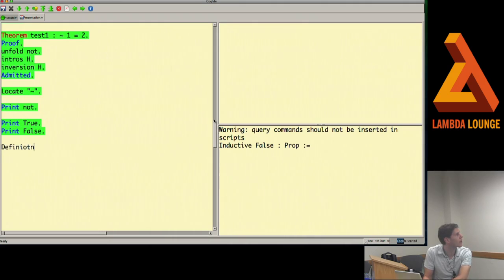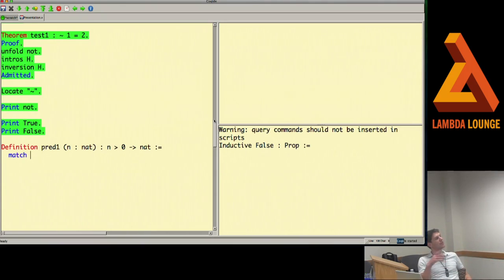So given a natural number, we return a function that takes, okay, so this says given a natural number, return a function that itself, when given proof that n is greater than 0, returns a natural number. So we match n with,